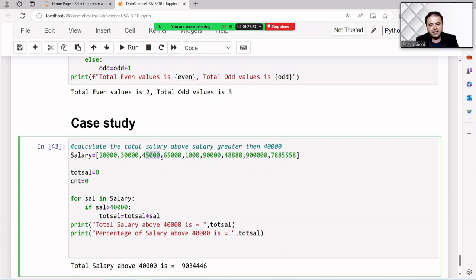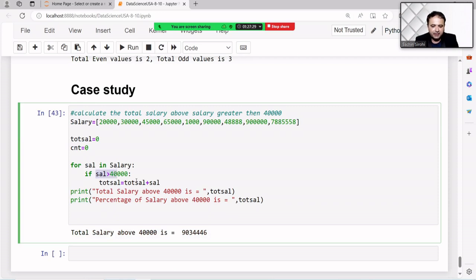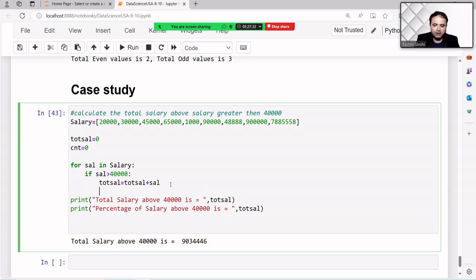It can be 3, it can be 4, it can be many. So when those values are filtered, those values we total. Along with that we can also write CNT equal to CNT plus 1. So this number will automatically increase one by one.